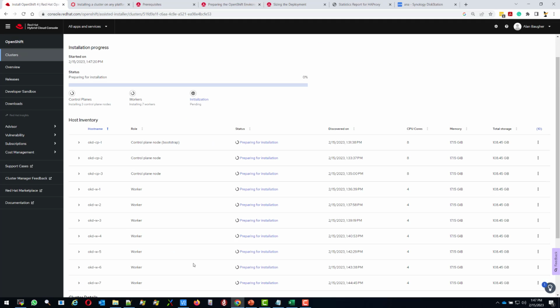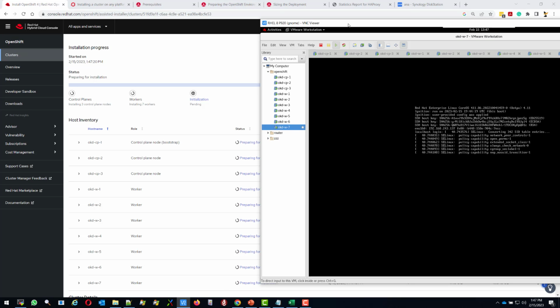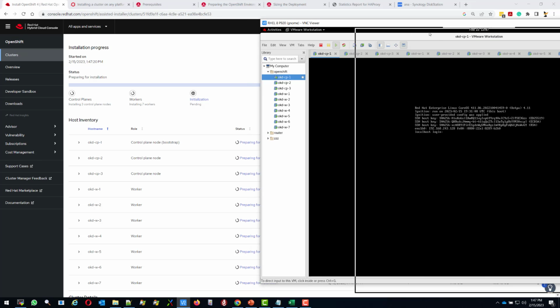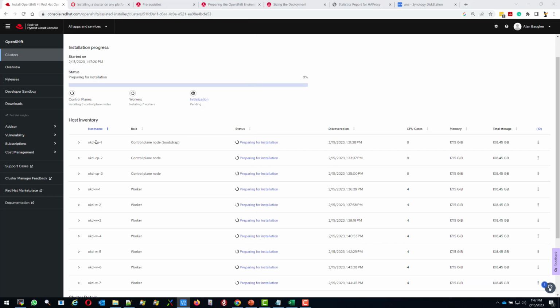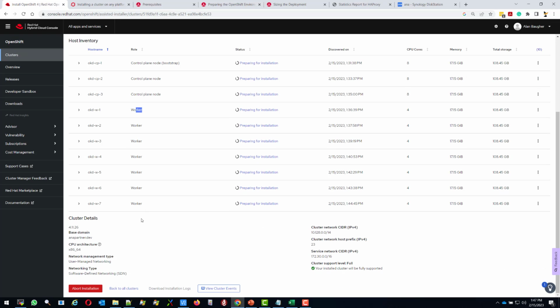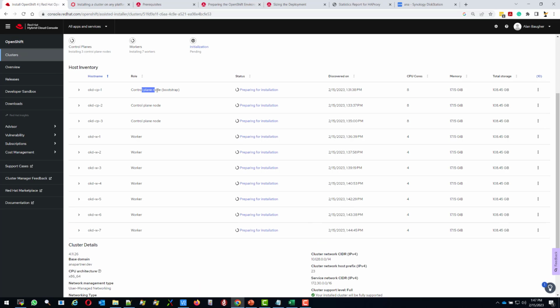All right, it is now, let me pull over the VMware Workstation Pro image so you can see it. It will now be rebooting these systems and installing them. So the order it will do it in is, if we look over here, you're going to see one of the control planes was designated as a bootstrap node. So this one will bootstrap these 2 first. Once these 2 are up, you will then see these other ones, workers and the control plane itself being bootstrapped to itself. And usually this one should be last,